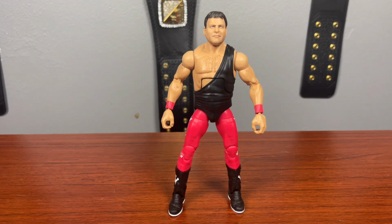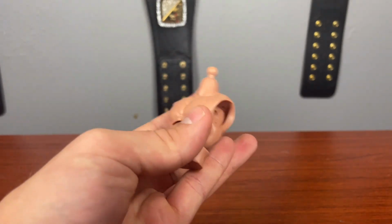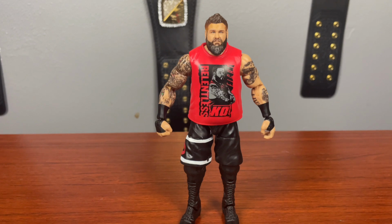Overall, really cool Jerry Lawler. If you do collect a lot of legends, this is the figure to get for you in this set, along with the Shawn Michaels. Also, once again, I forgot to mention, Jerry Lawler does come with the torso of the British Bulldog. And the last figure in this set, we have the Kevin Owens from Survivor Series, and I don't